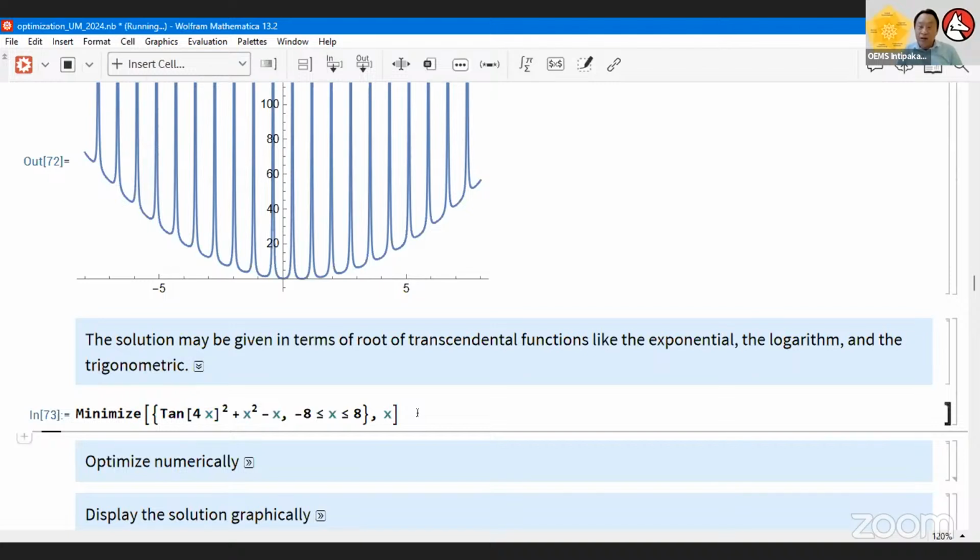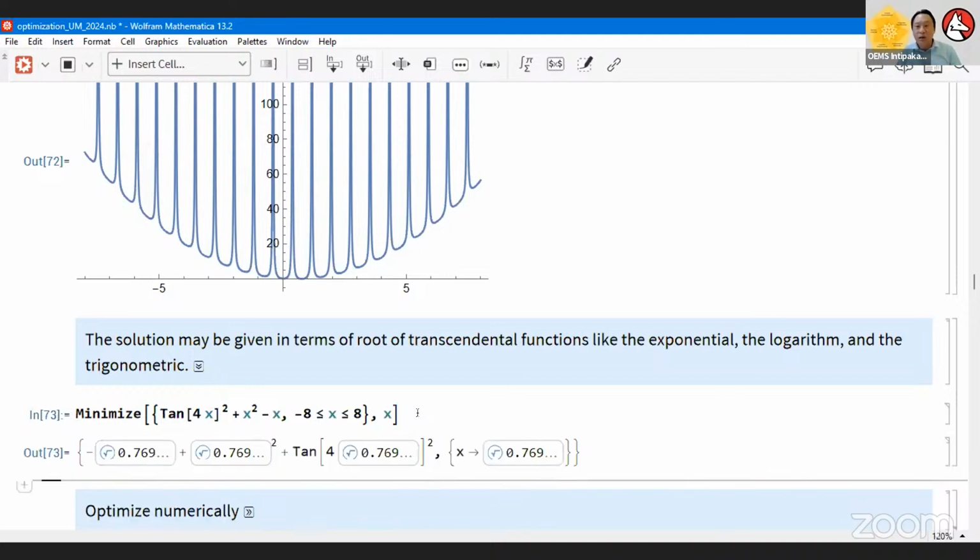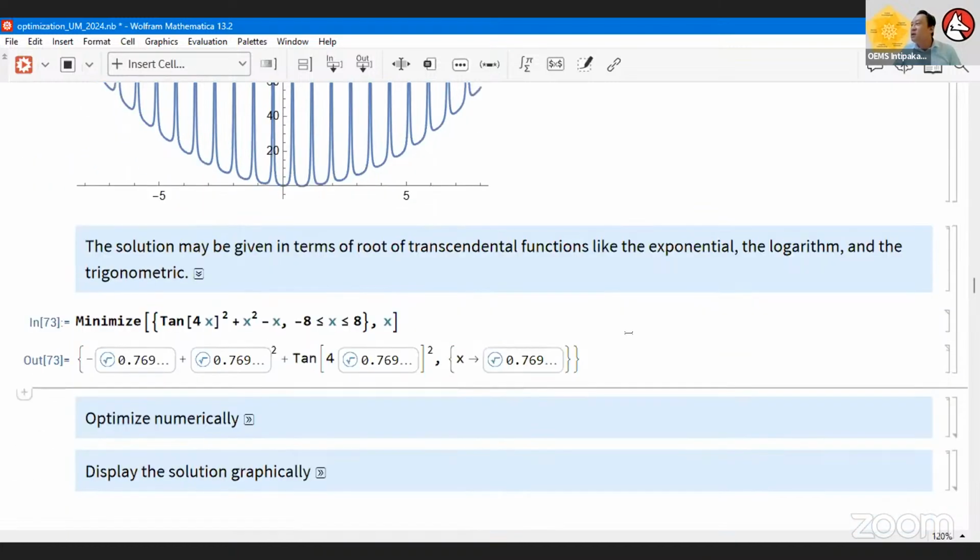Now this entire search for the optimum might take a little bit of computation time. It might take about 20 seconds, so let the system do the computation. Oh, no, it came out earlier than I expected. Now, you see the output here itself. The solution could be in terms of transcendental functions. Sometimes it even shows some logarithm output. Yeah, this is something we expect. This is symbolic output. But say I do want to look at numeric output instead.